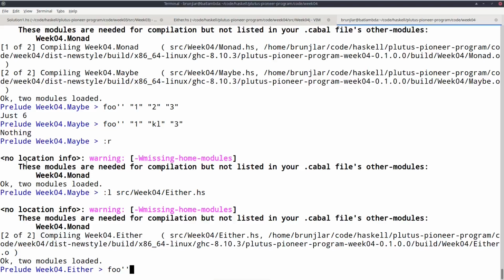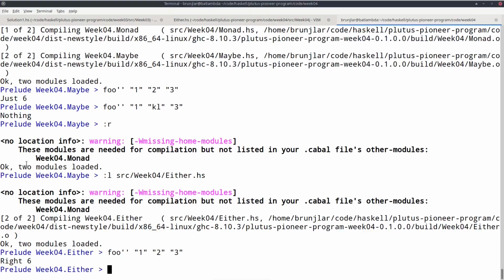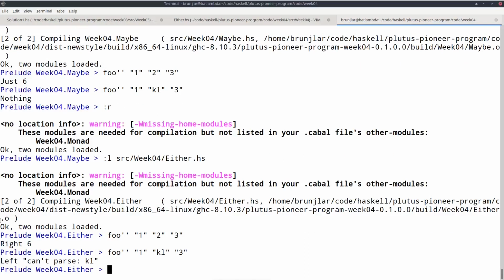Again, I can try it out. 1, 2, 3. And we get Right 6. And if one of them is not parsable, I get an appropriate error message.